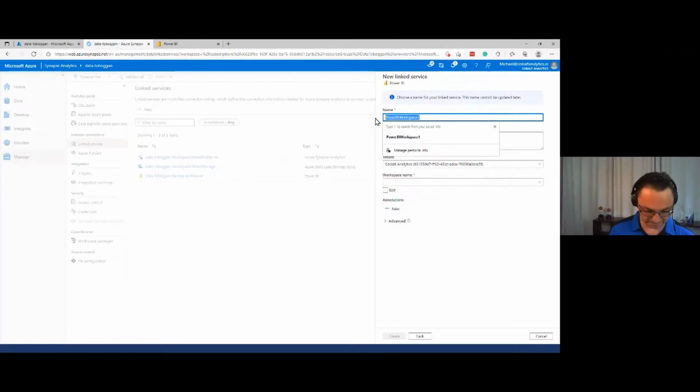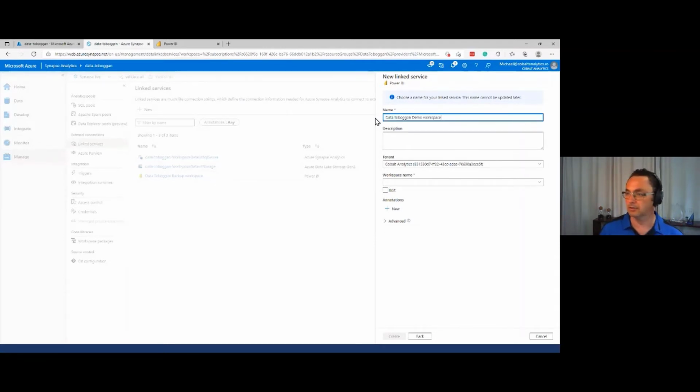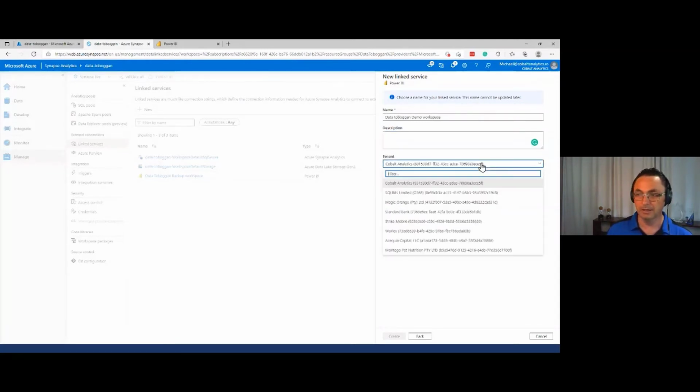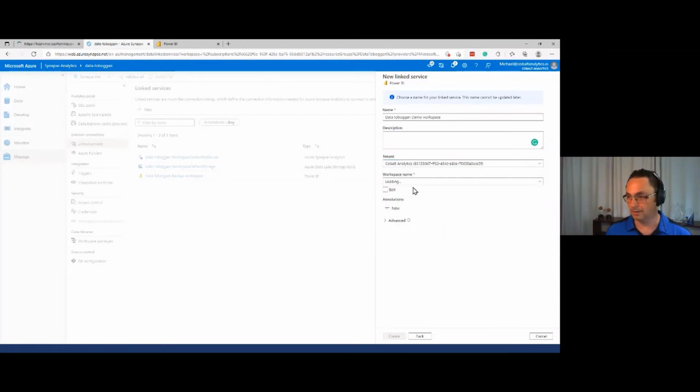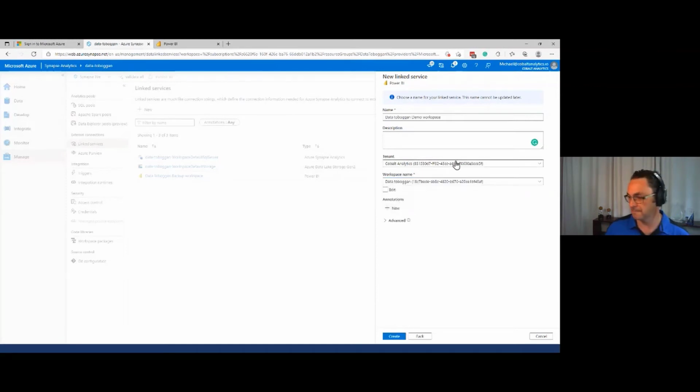We're going to again give it a name. Okay, so that's just the Data Toboggan demo workspace. You want this name to be descriptive, obviously. We can obviously put in a description for that workspace. We can then choose where it exists. So if you have access to multiple tenants, you could do that, and then we select the name. Now this is interesting. It's sorted by date of creation, so I know I'm going to go right and find it at the bottom, but you can also use that search feature,